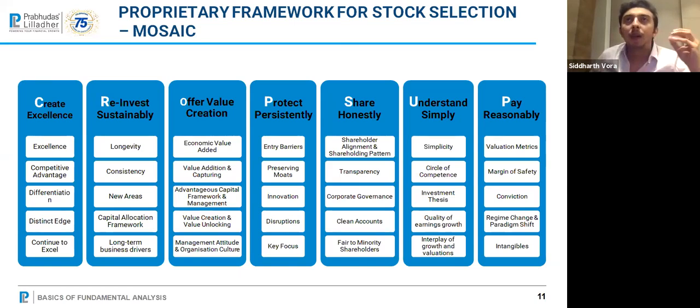Pay reasonably मतलब if a company is growing at 5% and if the valuation is 100 times price to earnings, that means I'm paying a ridiculous price to buy something that grows at 5%. If a company is growing at 20% and I'm paying 20 times ka price multiple, that shows that ek saal mein I'll break even on my price earnings ratio. Basically, valuation को समझना है and simply समझना है. बहुत complicated कुछ नहीं करना है. Simply समझो and pay reasonably.